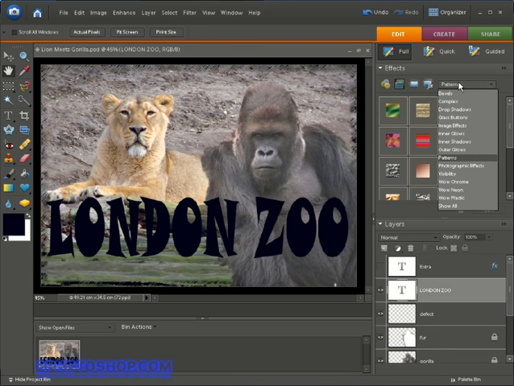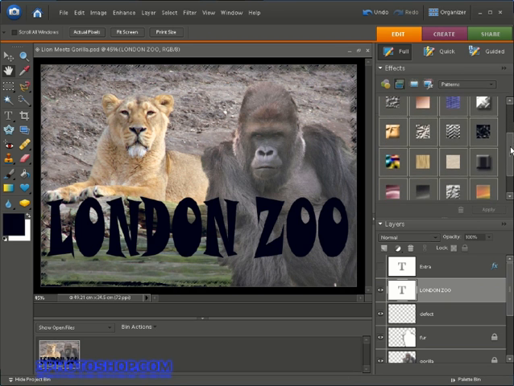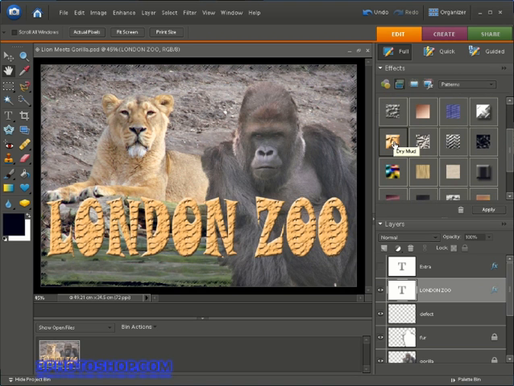Next I need to select a category, so I'll navigate to this pattern section right here, and then I'm going to come down the list and look for this style right here. In fact, it's called dry mud, which I'd say is very fitting for a zoo poster. I'll double click it to apply it to the active text layer in the document,